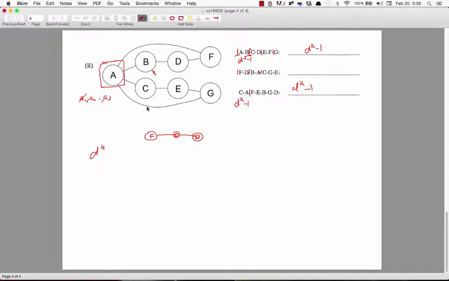So as soon as we have a combination of all these 4 variables, we know whether or not that combination is good. Basically, we'll have to explore all possible combinations of these variables until we find one that is valid and has a feasible solution for the other three variables. So in the worst case, we'll go over all combinations and the last one that we discover will be valid. So we might have to backtrack d to power 4 minus 1 times to find a good combination of these